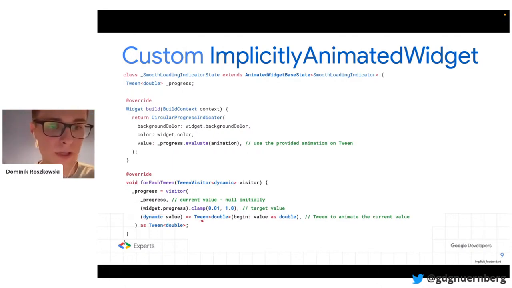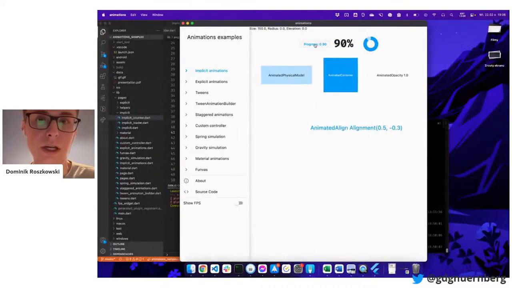And then we have the callback that will define the tween. A tween is a class that allows us to interpolate from one value to the other. And actually what we do here is we just tell what kind of tween this animated widget base state needs to use, and it will use a linear tween where the previous value and the next one will be interpolated linearly. So if your previous value was 0.0 and the next value is 0.2, then this difference will be interpolated linearly. So let me show you again how it works, right? Here, when we click, the value increases by 0.1, and it just linearly interpolates.